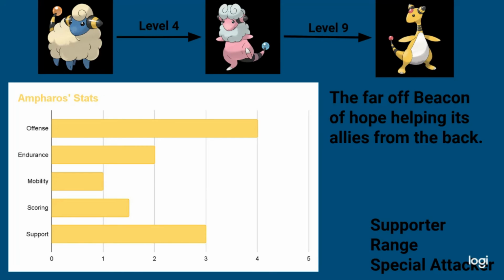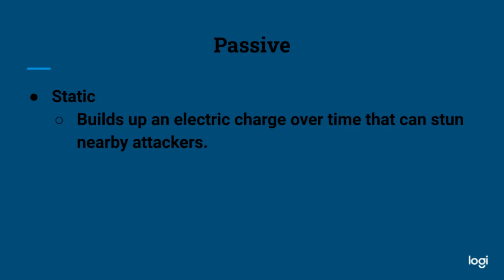We have Mareep, Flaffy, and Ampharos, level 4, level 9. This is a far-off beacon of hope, helping its allies from the back. It's a ranged special attacker. Its passive is Static, which builds up an electric charge over time that can stun nearby attackers, just like Pikachu's passive